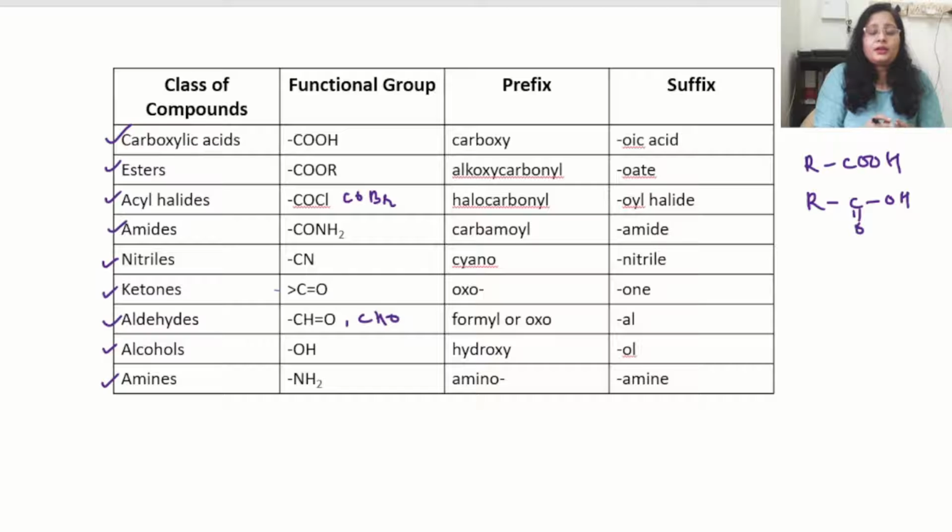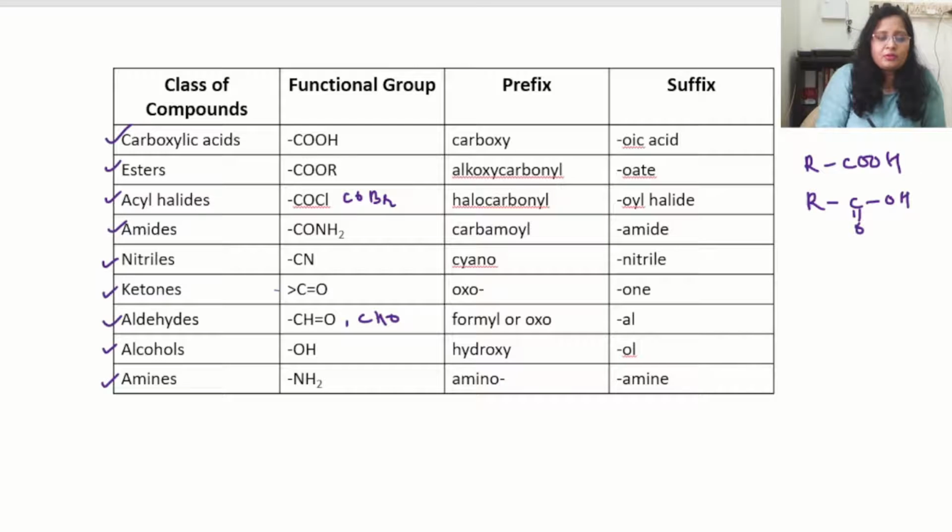But when a compound has more than one functional group, 2 or 3 different functional groups, then what will we do? In that case, we have a priority order of functional groups. The one at the top of the priority list is put as a suffix. It is given preference and written as a suffix name, and the other functional groups are used as a prefix. So we need to learn suffix names and prefix names together. We don't know when each will be in use.